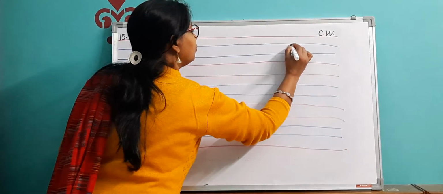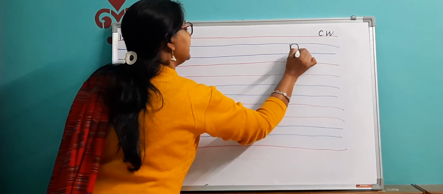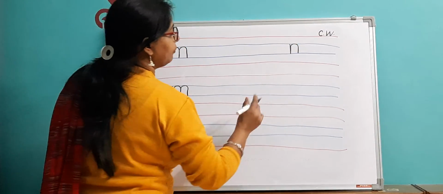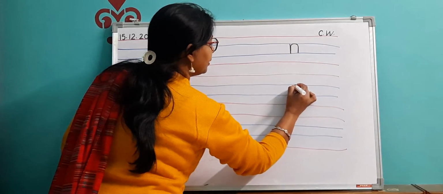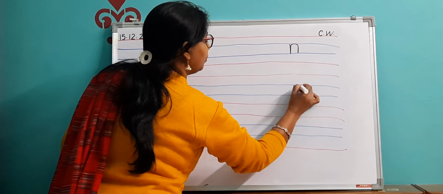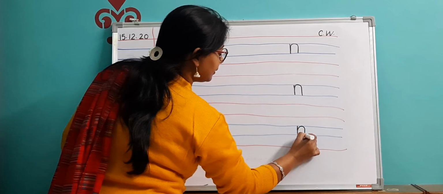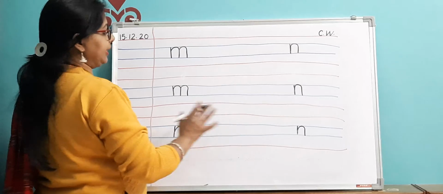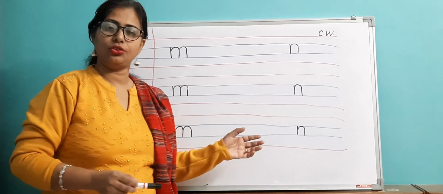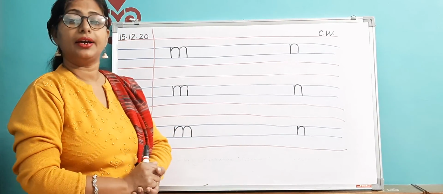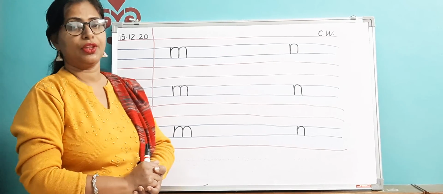And in the same manner, you will write small n. Standing line, go back and a single upside down u you will make. When you turn the u upside down, it will look like this. This is small n. And again, go back. This is n, small n. It is very simple. I hope you must have understood it. So you can now do it very neatly in your English 2 copy. Fine children, and do the work very neatly. God bless you children.